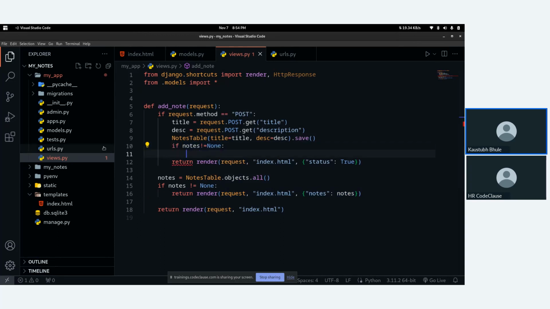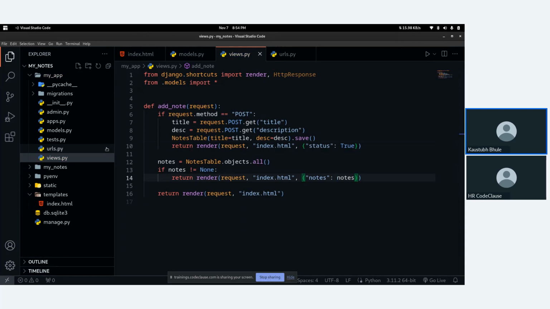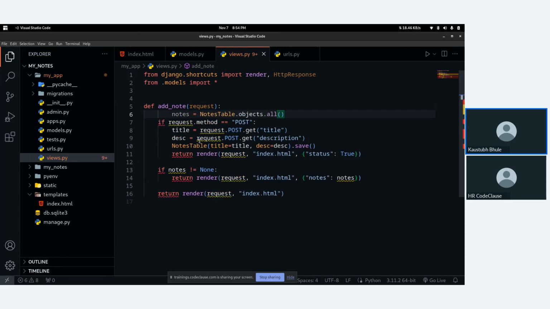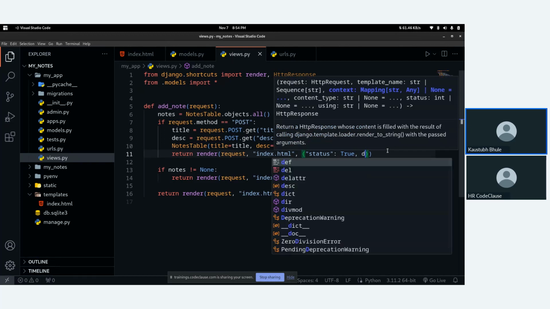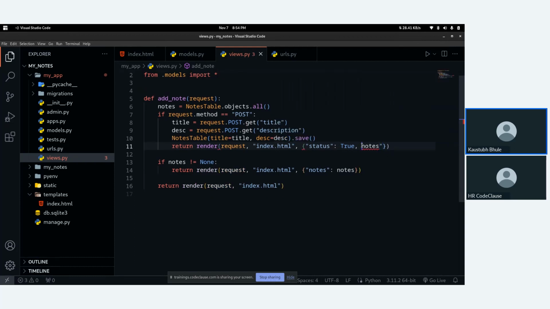Okay. Actually, one thing. One minute, guys. We will just execute this notes thing here on the top, and after that, we will pass another variable, another dictionary value, notes, to load the recent notes. Fine.